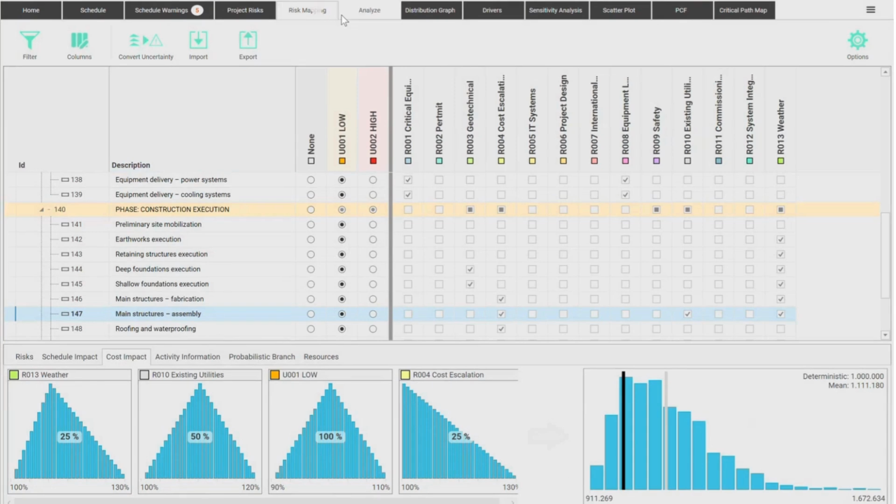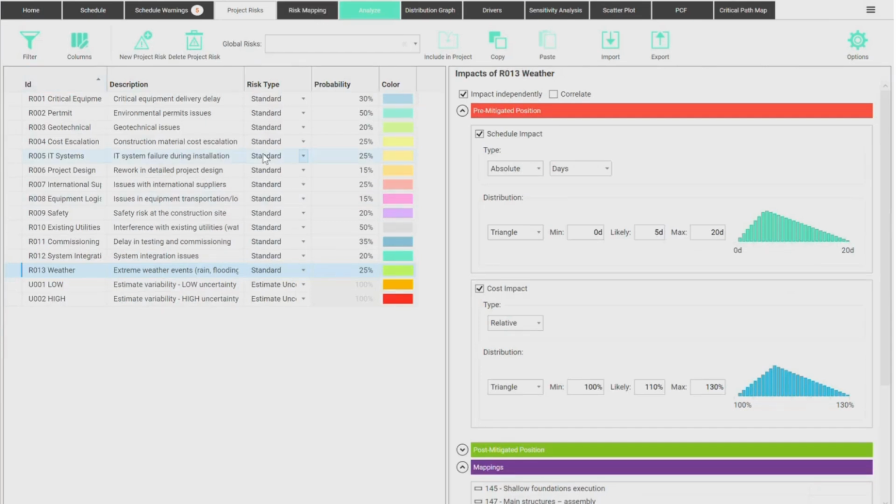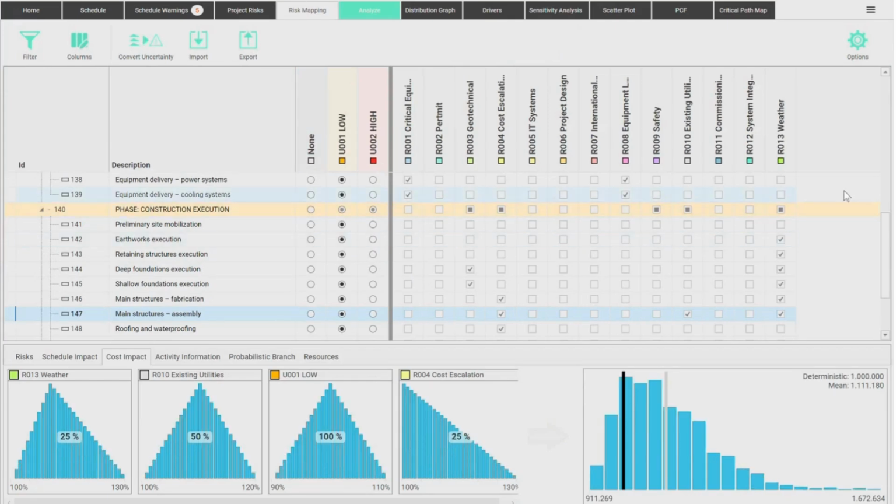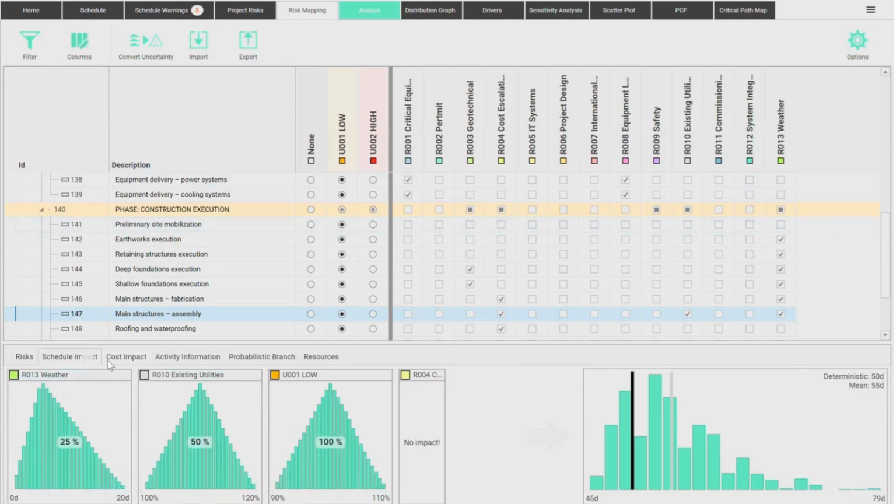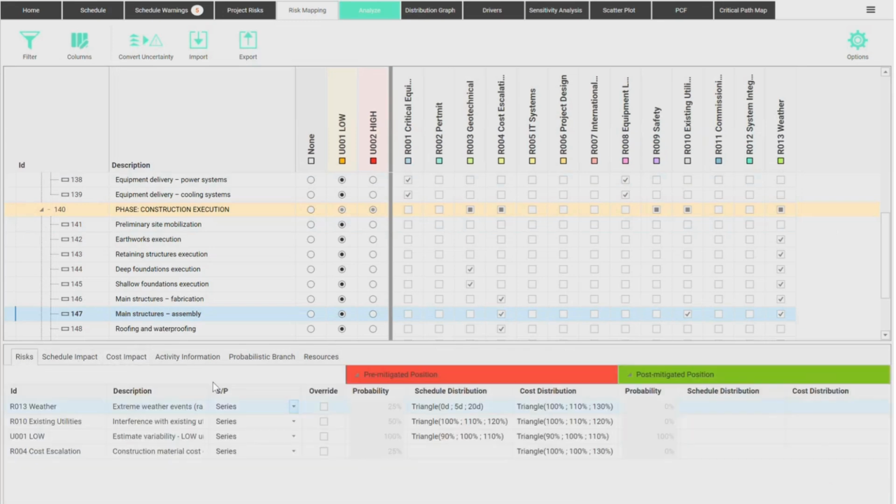So these 2 interfaces, it's where we have fun assigning the risks, creating the risk matrix with probabilities and impacts, with all the details that you need for assigning risk factors independently, simultaneously, correlations, etc. And on the risk mapping, it's point-and-click work of assigning which risk to which task, with all the information that you need to do a good job here. The interface helps you in a lot of things. You can see the schedule impact, the cost impact, which risks are affecting what.